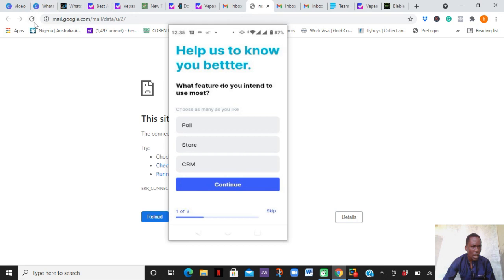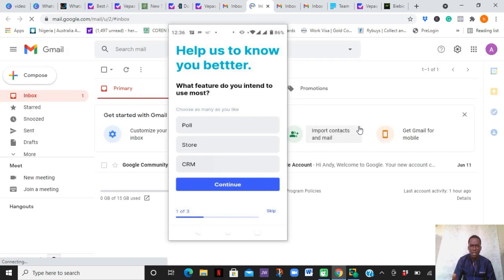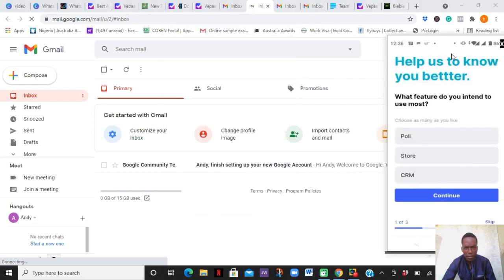Once you go straight to that email address, you go and find the message they have sent to you. I want you to note this, that just as they did in the desktop, they are going to send you an email to that email address you provided, and that is why the email address you provided must be a functional email address. So before we continue, we'll go straight down to that email address, check the email address for any message, and then we'll continue from there. This is the email address. So we can't find it here. So the next thing we'll do is to